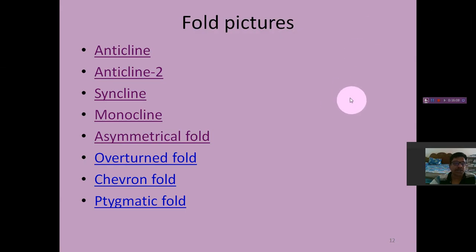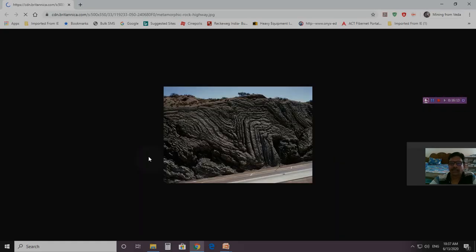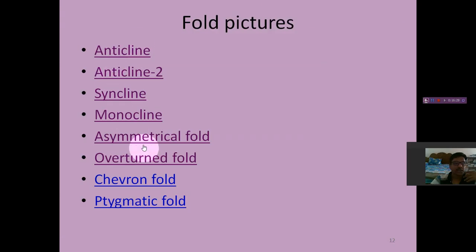Just to give you a picture, they may not ask you, but one thing I am going to ask in the main exam. In the paid exam, the 50-rupee exam I told you about, which will run after 1-2 months, I will definitely give these photographs: which is an asymmetrical fold, which is symmetrical, all that. Okay, this is also another different fold structure. Then overturned fold, chevron. I will show you what a chevron fold is.